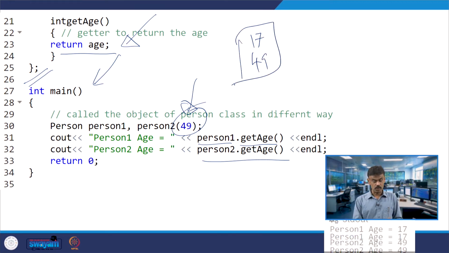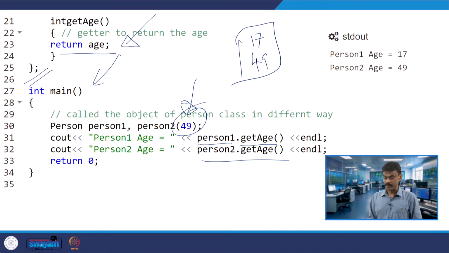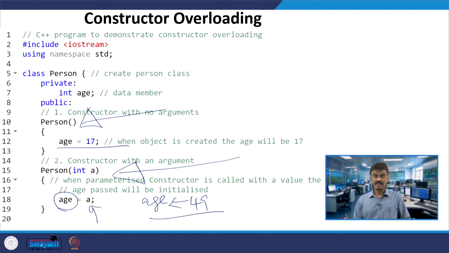If I run the code, I will get the output person 1 age is 17 and person 2 age is 49. I hope it is clear for everyone. When we are talking about the constructor, we have seen several examples and we have run the code.